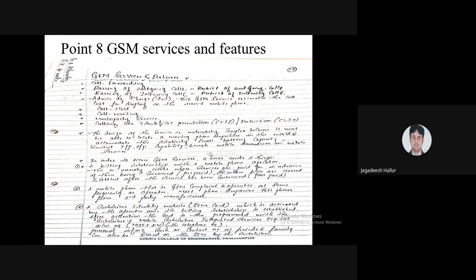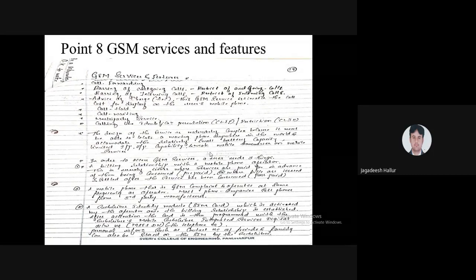Five to six years back, once you purchased a SIM card, the operator would tell you that after 2 days you could insert that SIM card in your mobile, and only then would it get activated. It took 2 days to activate. But nowadays, once you purchase a SIM card, after 2 or 3 hours your SIM card gets activated. So see the technology, how the services have improved. This is what is programmed inside the MSISDN, the mobile subscriber integrated service digital number, a 10-digit digital number.